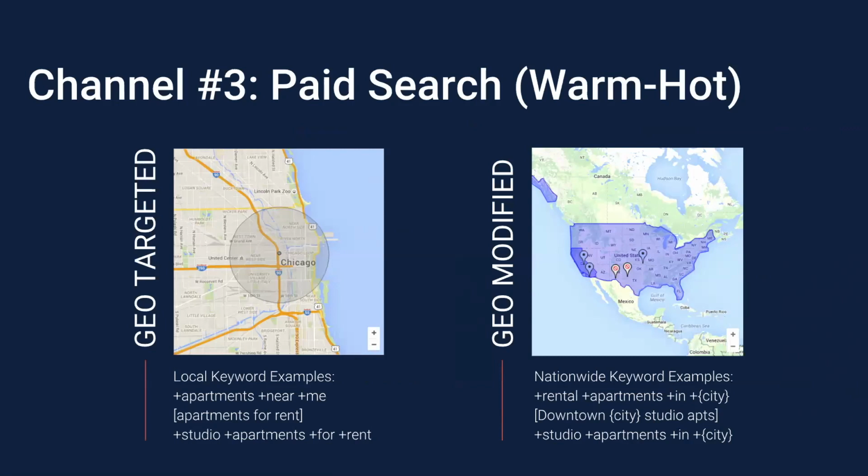And the reason for that is how we target people. If you look at the 2 examples I have here on the slide, and you look at the keyword examples, so the local keyword examples, nationwide keyword examples, that's how you target people. So you basically tell Google, hey Google, anyone looking for apartments near me, show them our ad, right? And as long as you're structuring your keywords correctly, you can bid on keywords that have high intent. So if someone's looking for 1-bedroom apartment that accepts pets, they're much, much more likely to be looking for apartments in the very near future than someone who's just passively scrolling through Facebook. So paid search is going to be your main channel almost always because it's the highest quality traffic that you can get.